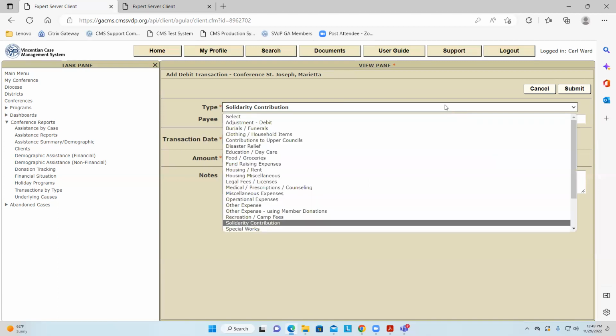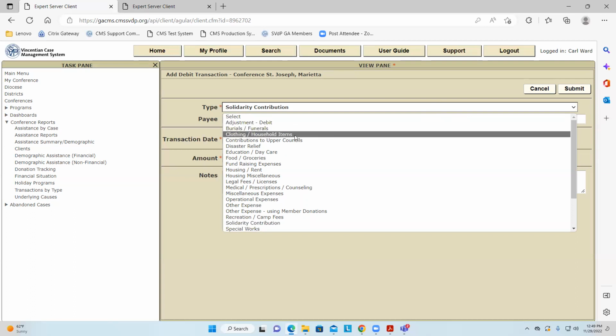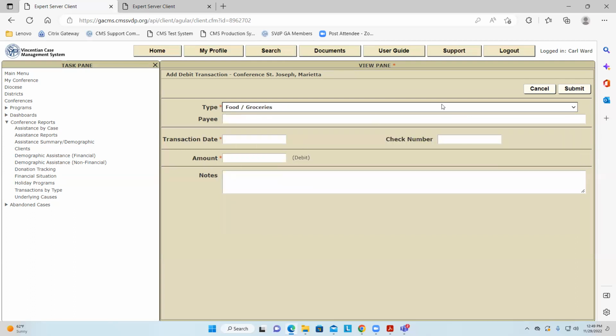What's some others? Purchase gift cards. So let's say that you, as treasurer, go out and buy $500 of gift cards from Kroger, from Publix, from Walmart, whatever. Just a batch of them, $500. Well, you're going to write a check for $500 to Kroger. You need to record that in your register because obviously it's going to appear on your statement. That's another use of an add debit, when you purchase gift cards.